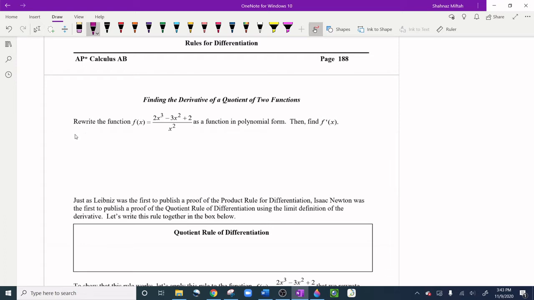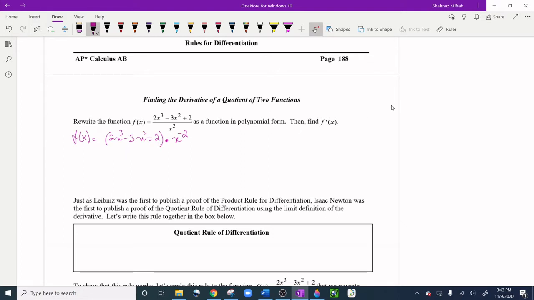So I'm going to rewrite it, and there are several ways that you can rewrite this function. One thing is I can do the 2x cubed minus 3x squared plus 2 within the parentheses, and I can move this up there because if the fraction you change into a multiplication, you have to do the reciprocal of that. So times x negative 2. The 2 jumps to the top and it turns into a negative exponent. That's how it works. So we can do this. We can distribute this x to the power negative 2 with each term here, and then we can get a